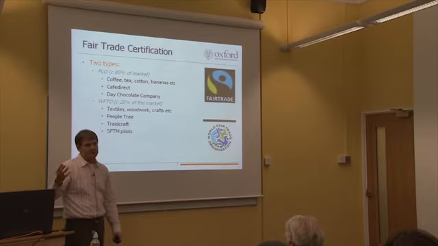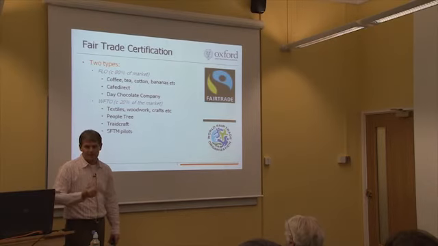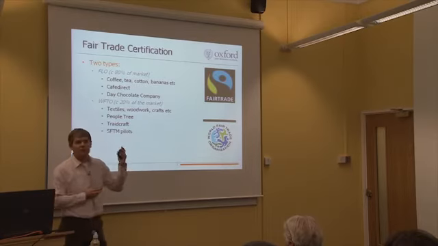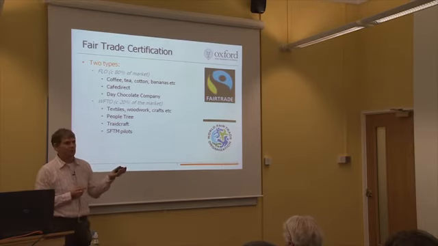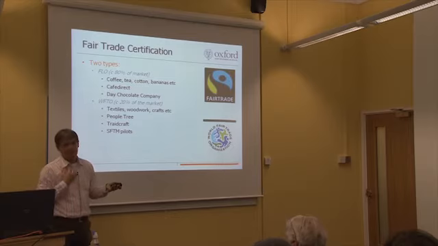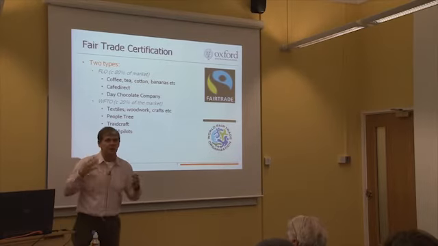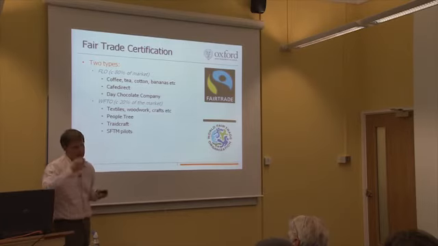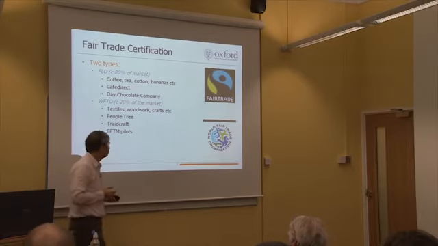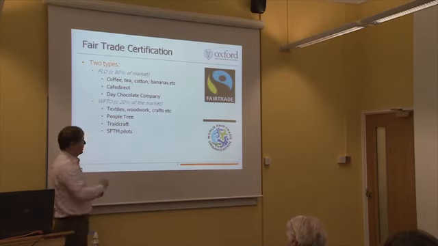On the other side, perhaps less well known, is the World Fair Trade Organization, or WFTO, which typically supports the non-commodity fair trade producers, so people doing textiles. I mean, this is a People Tree shirt, so this would be under the WFTO wing, if you will, because there is, as yet, broadly speaking, no label for textiles, although there are questions about this at the moment. People like Tradecraft and so on.